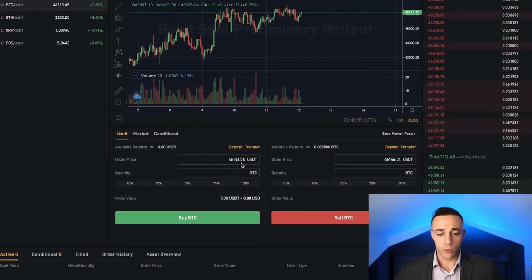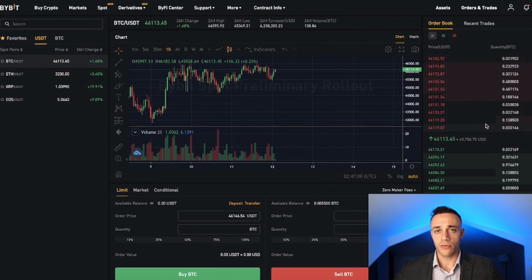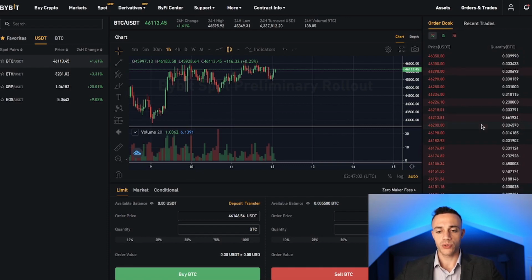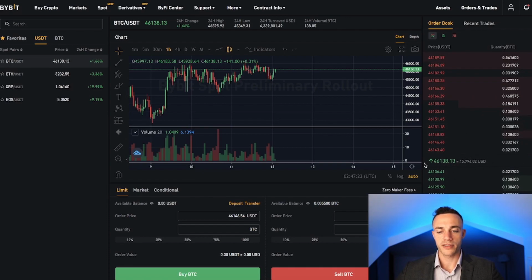Also over here is where we actually go ahead and place our orders. We'll be showing you how to do that in just a second. And then over here on the right side of the screen, this is what is called the order book. This is what allows you to see where all of the buyers and sellers have their order placed. So we can see right here in the middle, this is the current market price. The current market price of Bitcoin is